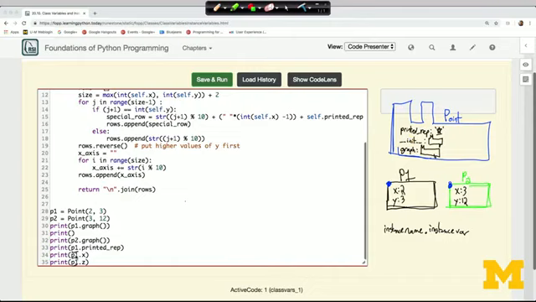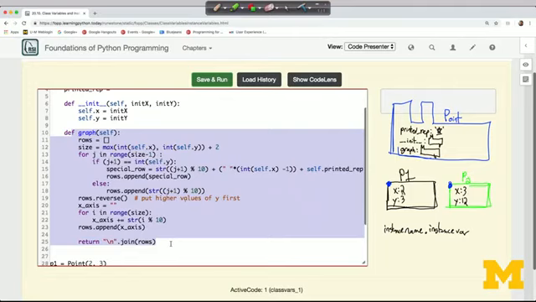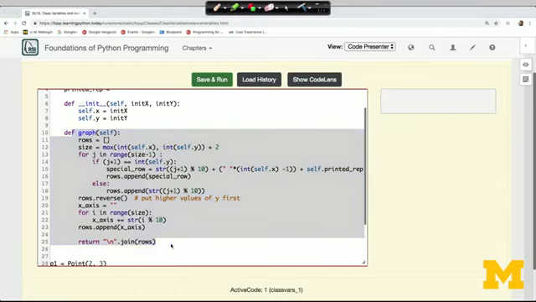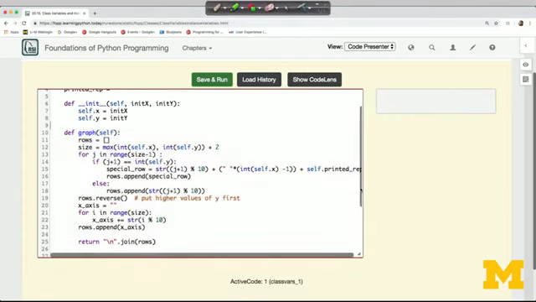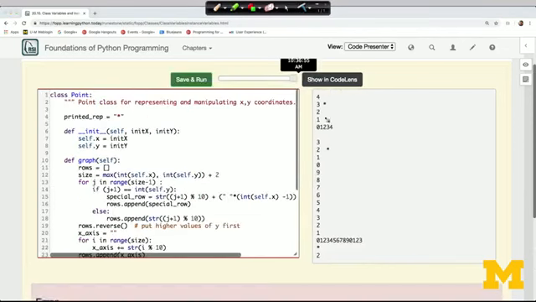Now, the way that we define this point class, if I erase these annotations, is that we have this graph method, and what graph does is it forms a text graph, or a textual representation of a graph that contains this point. So if I erase my annotations and I run my code, here I create 2 instances of point, one at 2,3, one at 3,12, and I call p1.graph, and what that does is it creates a little textual representation where here you can see an x-axis, here you can see a y-axis, and I can see that my point